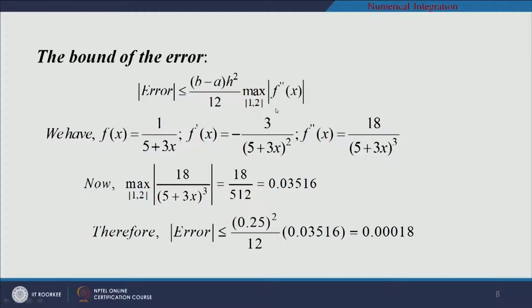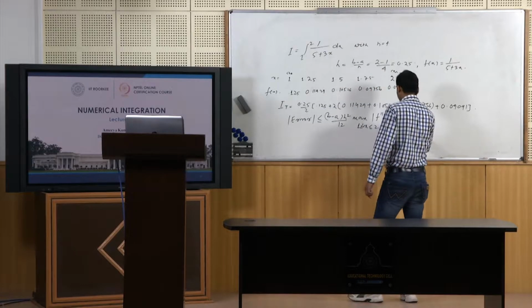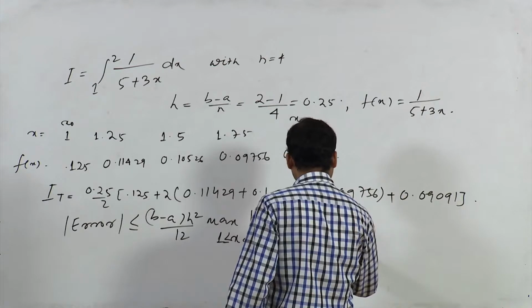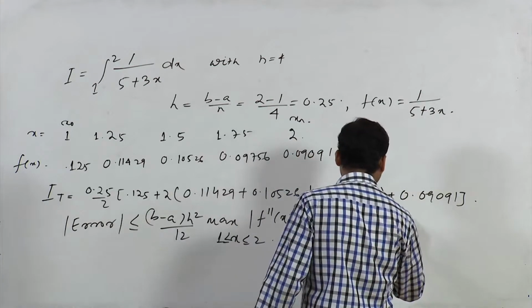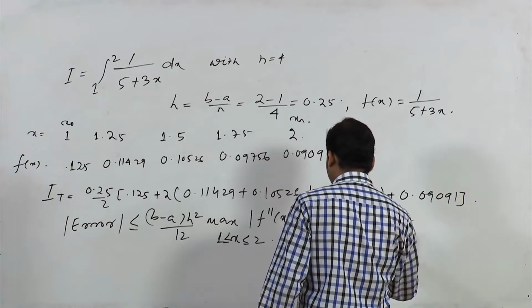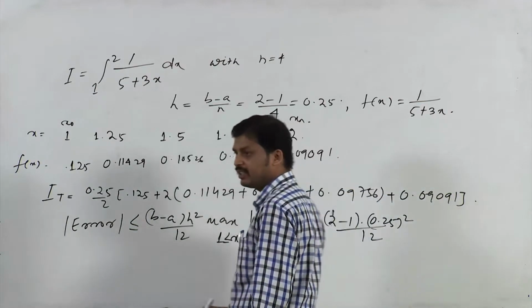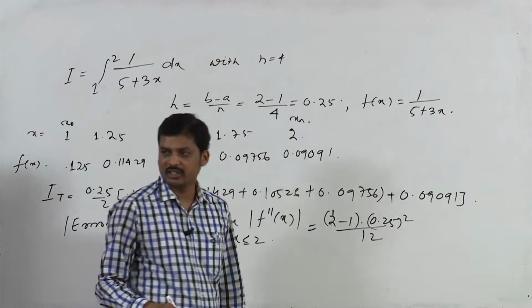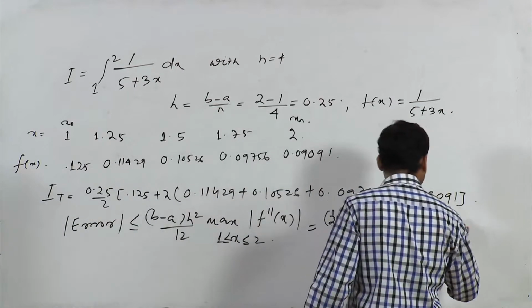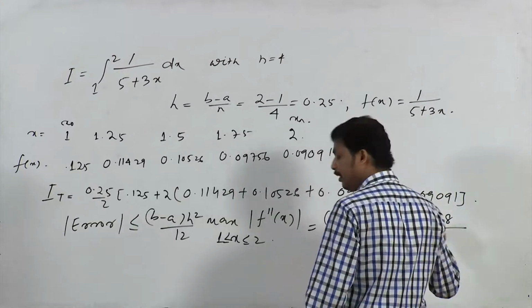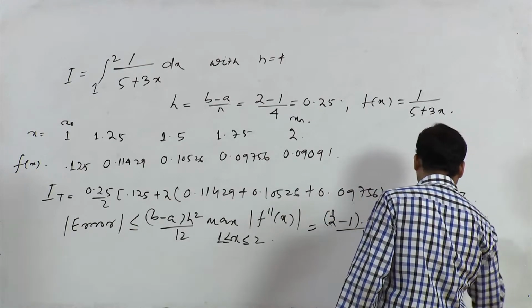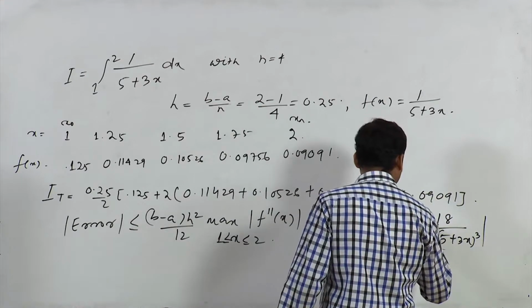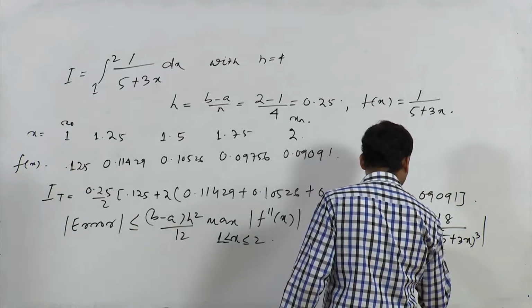And if you just calculate this f double dash of x, we can say this equals 2 minus 1 into h square, which is 0.25 square, by 12. And f double dash of x, if you compute, will give you 18 by (5 plus 3x) whole cube, and this should be the maximum value where x lies between 1 and